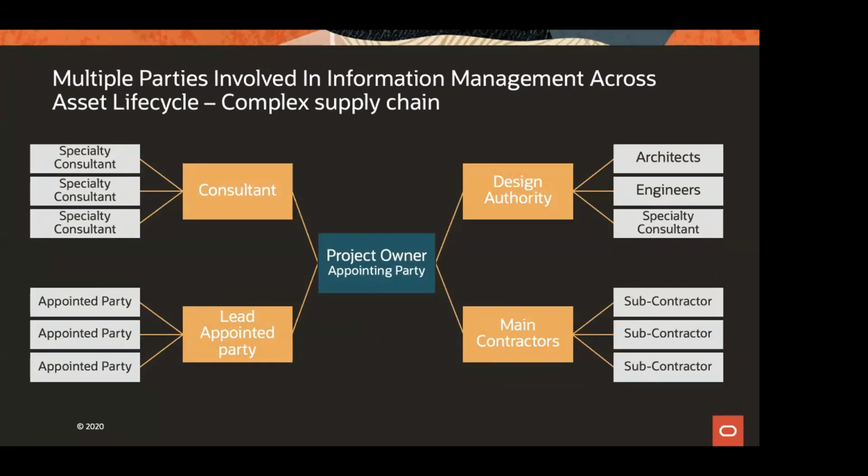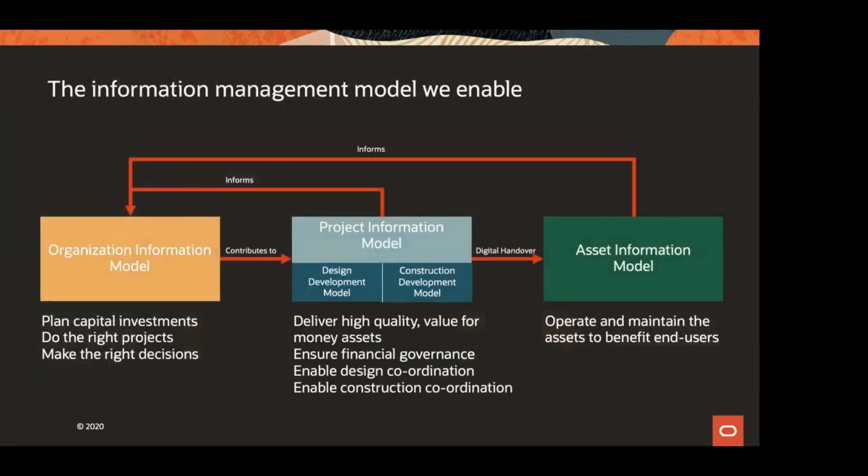From the owner, design authorities, main contractors, subcontractors, specialty contractors. So there is a lot of information that needs to be coordinated between these different parties. And if we think we can rely on manual systems and email to manage the information flow and the documentation and the design, that has proven many times very ineffective. So we need to find a way to overcome the challenges of this very complex supply chain that we have within the capital projects environment.